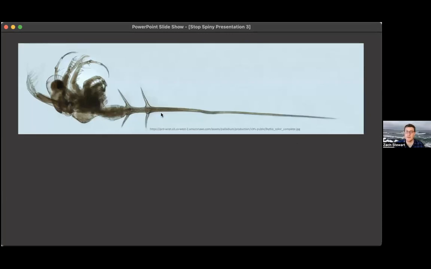It's got that huge tail that it's named after. And if I let my imagination run wild, I think that this is a little bit more intimidating. It's a bigger creature. It's got these big spines. We know that it's a predator, and it's out there eating those juicy Daphnia and decreasing their population, taking the food away from the young-of-the-year walleyes.